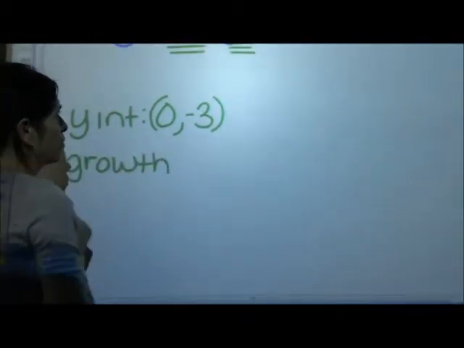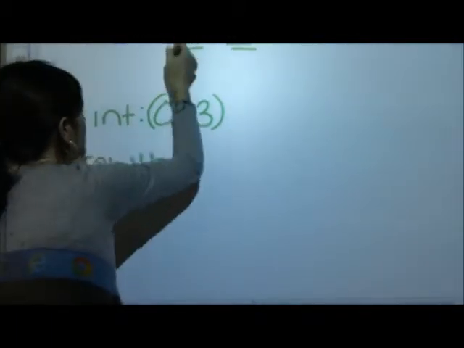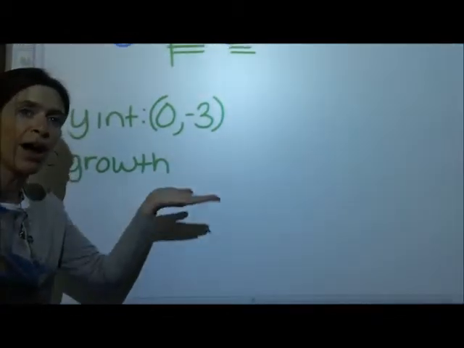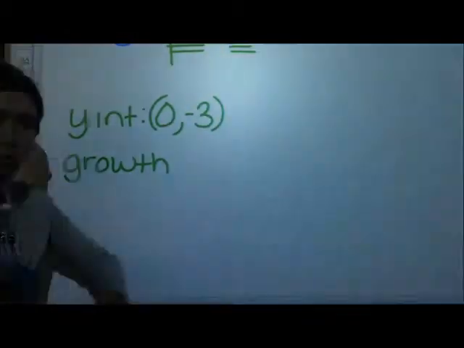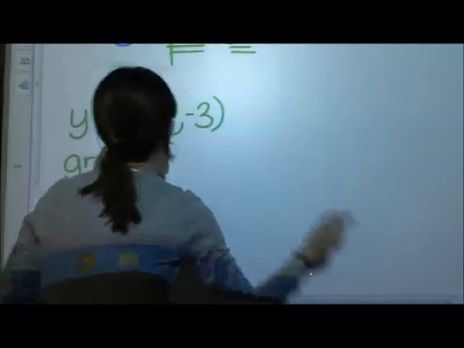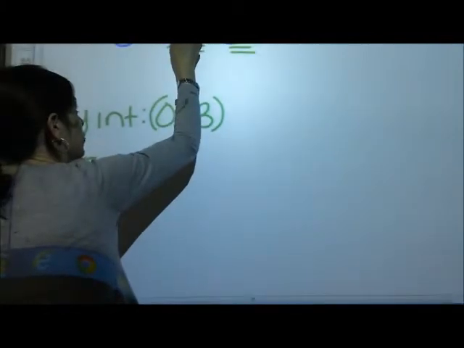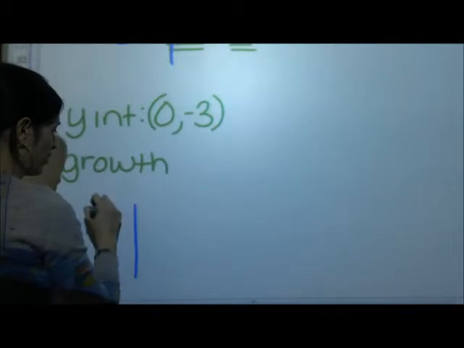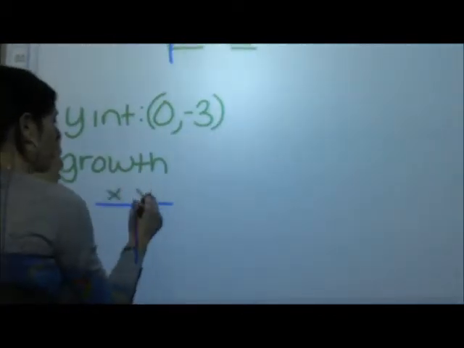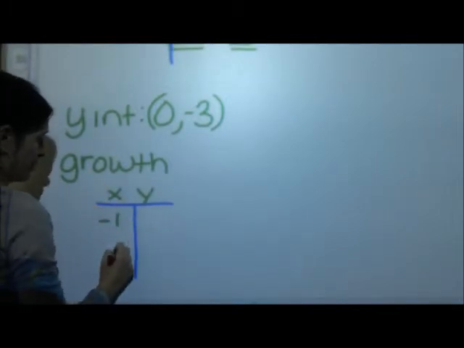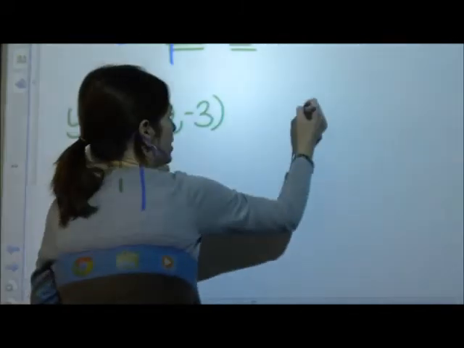However, what do you notice about the y-intercept? You guys know if we have a negative in front of the function, what's happening to the graph is it's getting flipped over the x-axis. It's getting reflected over the x-axis. So that negative that's in front is reflecting this for me. Okay? All right. So let's make a table of values for ourselves and use our x and y's. Okay? So if we plug in -1 and 1, we plug in -1, we get -3